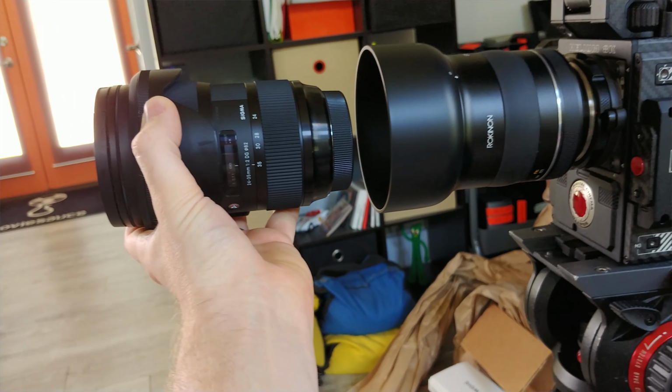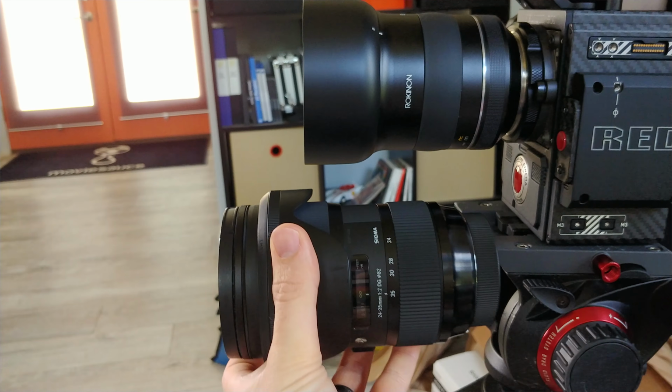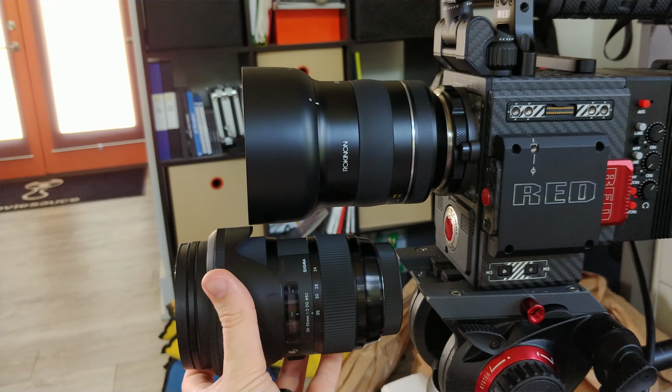Now this 14 is pretty standard sized. It's got kind of a narrower neck and then the wide end to it. The 85 is quite a large lens. I haven't seen the Sigma Cine lenses in person yet, but just based on pictures I've seen, I feel like it's close to that size of a lens, which is another indicator to me that these are going to be the next